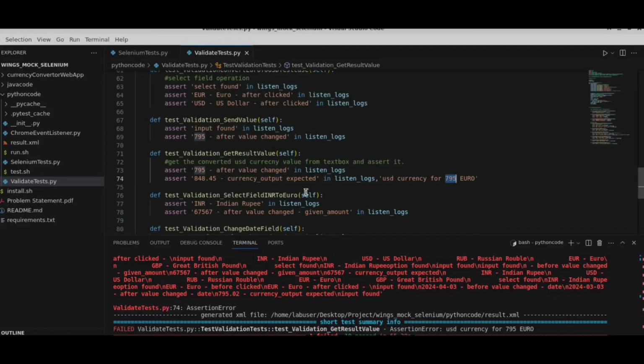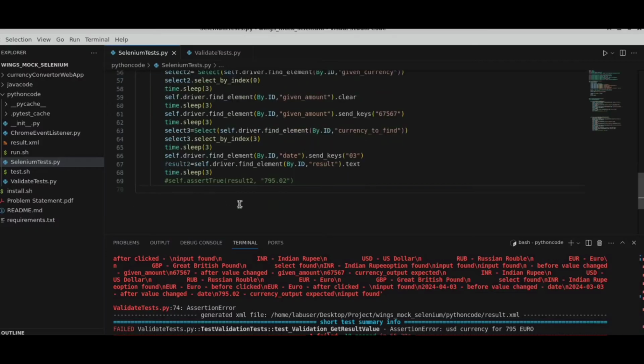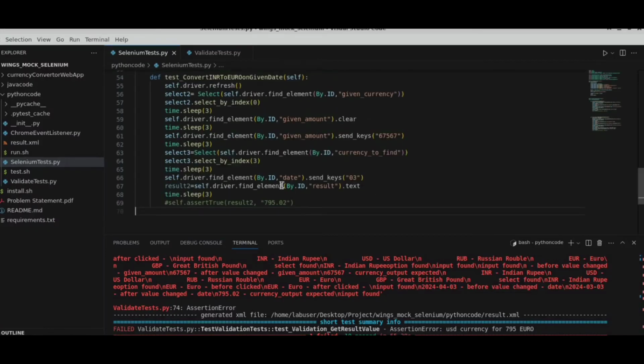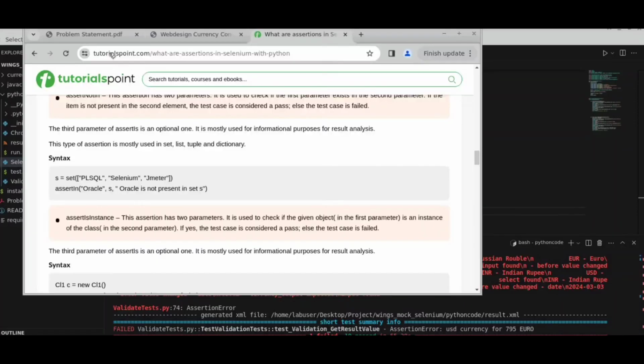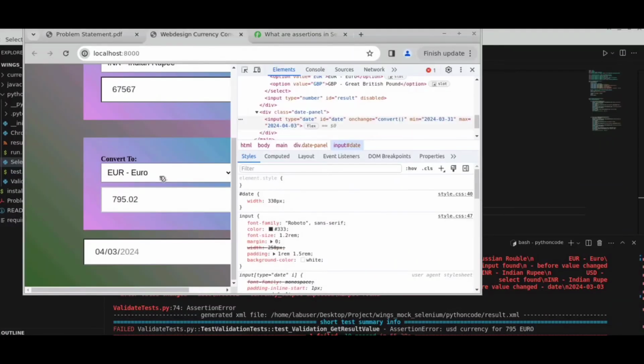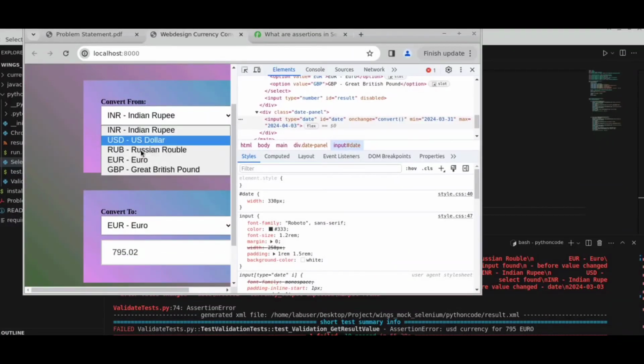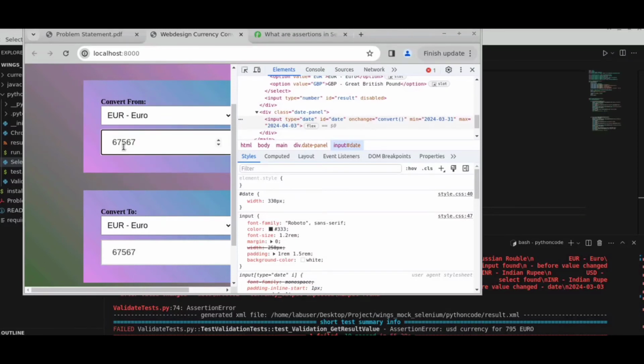4795, correct. Okay, what we will do now, we will copy the same thing. Maybe some space and all are there, that's why it will be showing error. So copy this one and paste the same value here. Or we will copy the value from here. Wait, we have to go to the website. Okay, we will copy the value. We will click here, euro, we will give value 795, and then we will select Indian dollar. Okay, and then copy this value, go to the main validate